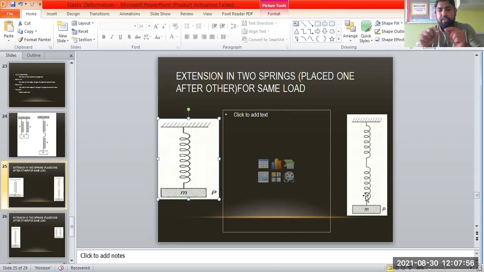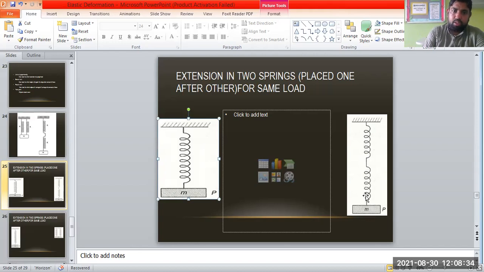Tell me, if I have two cases. In the first case I have a small wire and I am trying to stretch it, and in the other case I have a longer wire and I am applying the same force on that wire. Will the longer wire show larger expansion? Okay. The longer the object you consider, the more its extension will be. So if you have connected two springs one after the other, they provide a longer object with the same cross-sectional area, so that will show larger expansion.